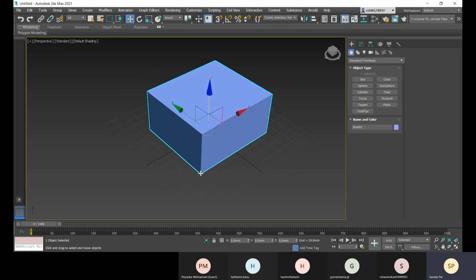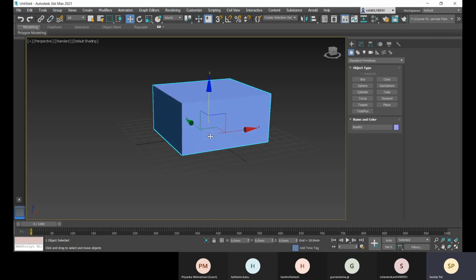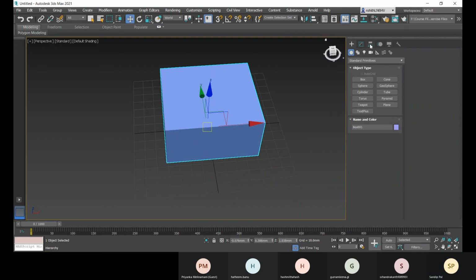Suppose you want to place this corner point at the origin, how can you do it? For that, you need to change the position of your gizmo, and you cannot generally drag it this way. In AutoCAD it was simple to place your gizmo, but here you have to change it in this hierarchy.